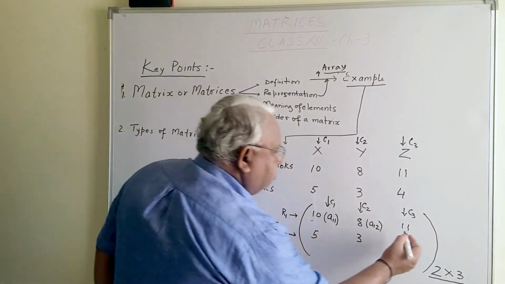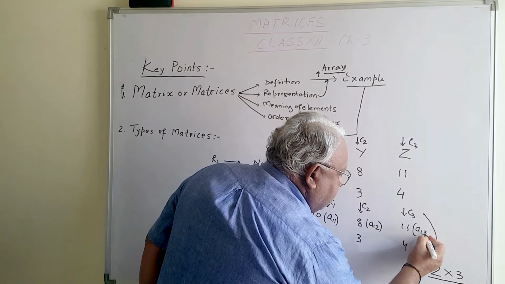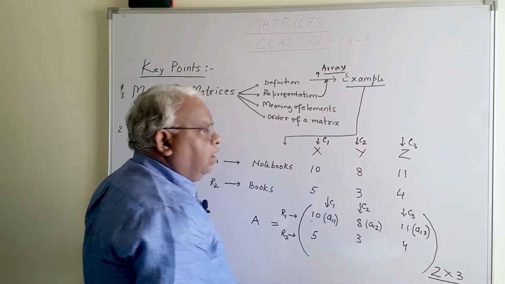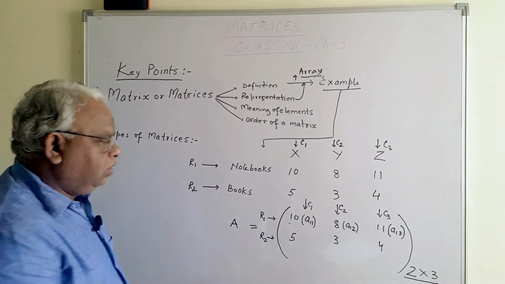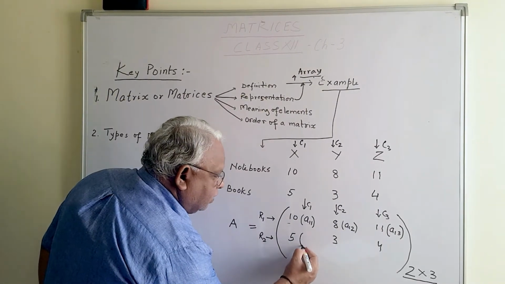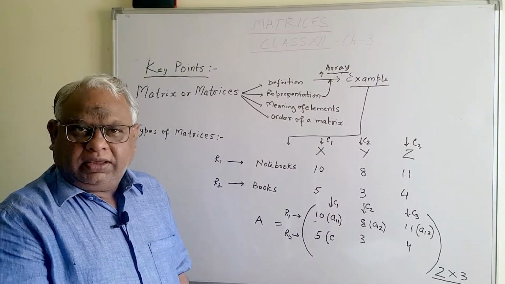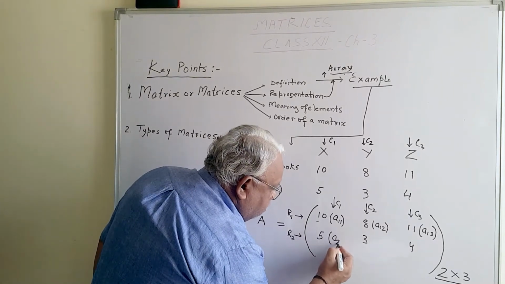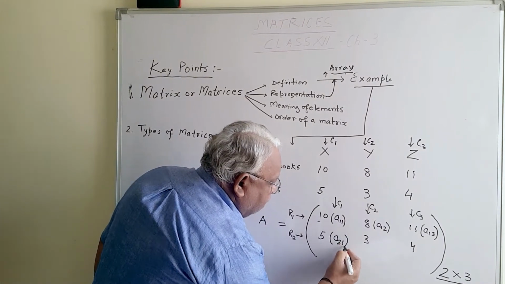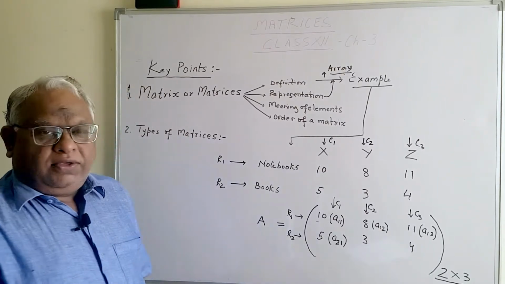Similarly, this is first row, third element. So it is A13. Now we move on to the second row. So this location is, can you tell me what is the location of this? Yes, correct. You are perfect. A21. A21 is the location of this.